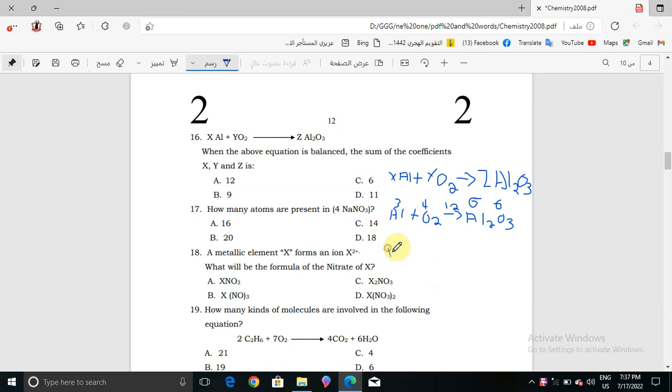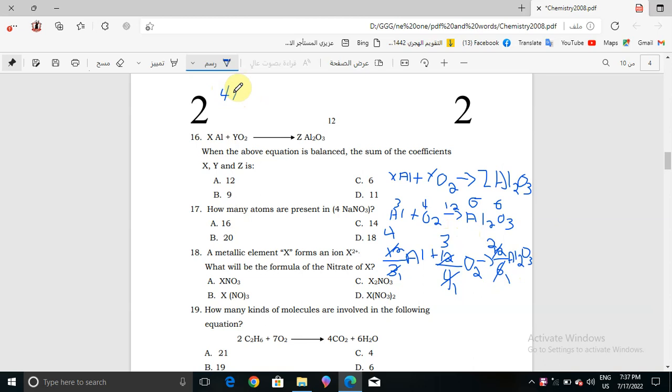So that means we'll make 12 over 3 aluminium, plus 12 over 4 O2, and here because we have the same valence numbers up, so it will be 12 over 6 Al2O3. Now here 12 over 3 is 4, here 12 over 4 is 3, and here 12 over 6 is 2. So what we have here,